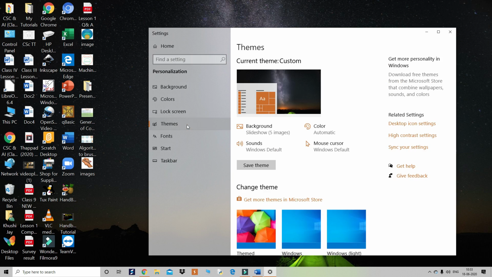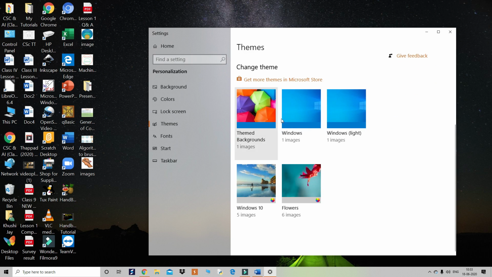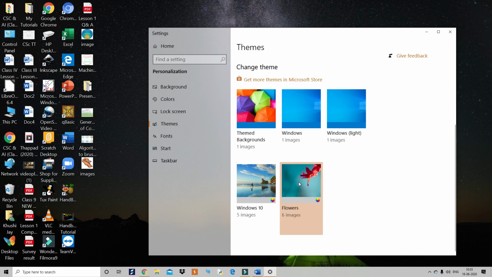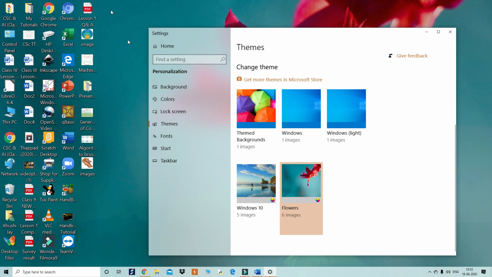In this theme, we can select whatever themes are available. Suppose Windows 10 is currently selected. If I go for the flowers, then flowers have a different background and different font styles. So this is called themes.